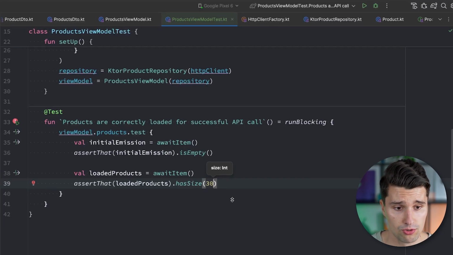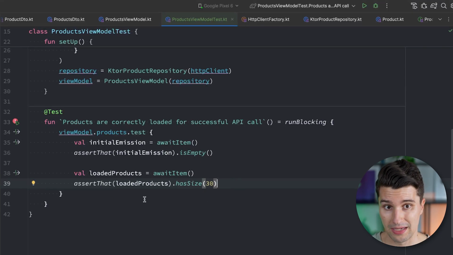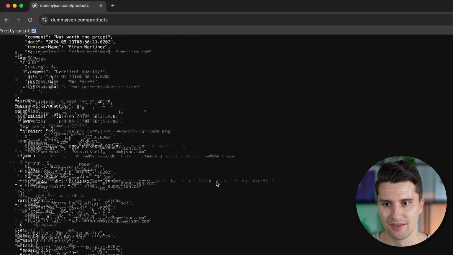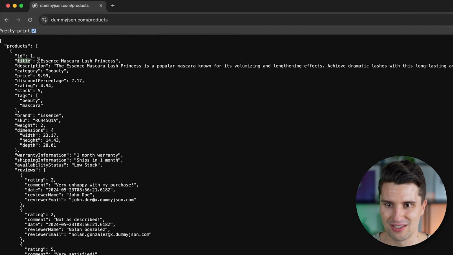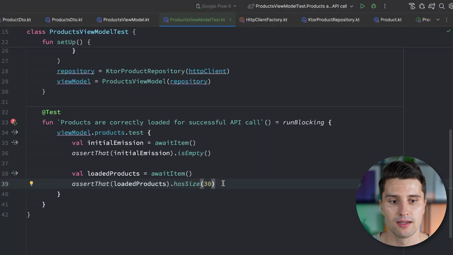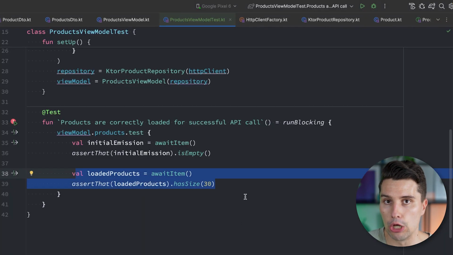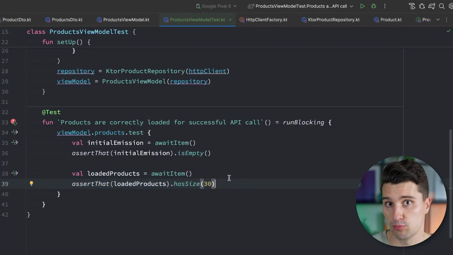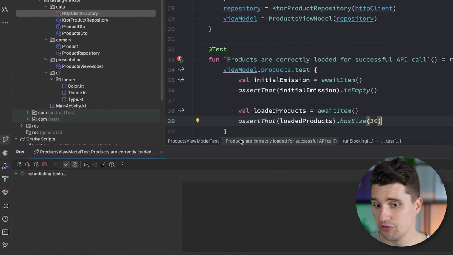And of course, you could also go a step further with this. You could assert on the actual product data that was loaded, that each product was properly parsed, that the title is actually the same title from the JSON, that the description is the same, and so on. I think you get the idea. In this case, I just make sure that we really loaded the right amount of products in our JSON response in our code here. However, you will notice, of course, that's probably no surprise to you, if we run this,